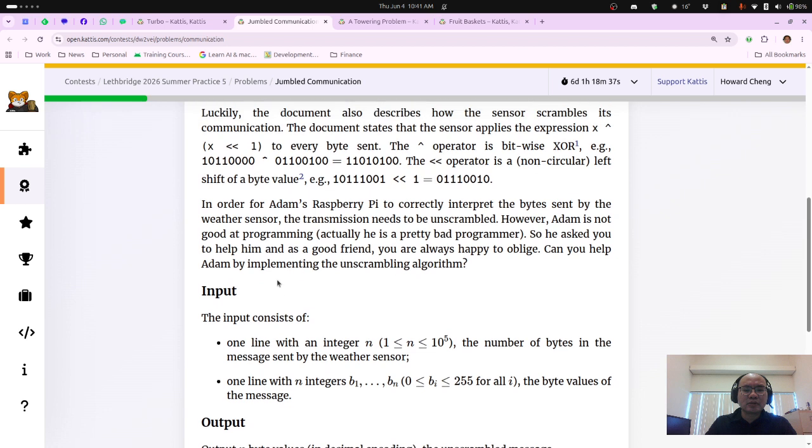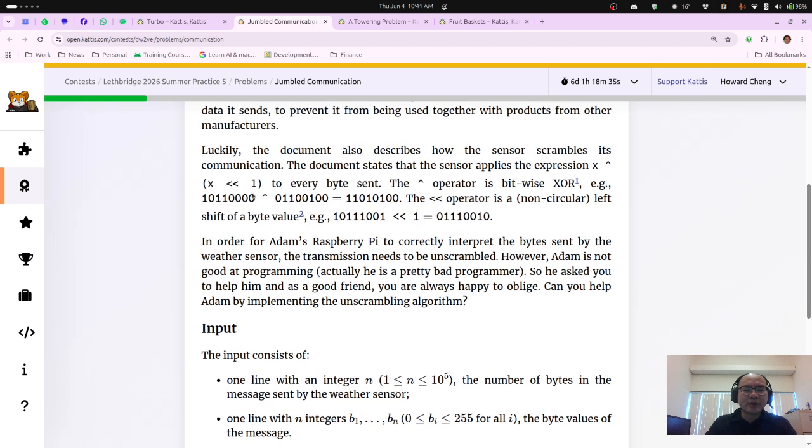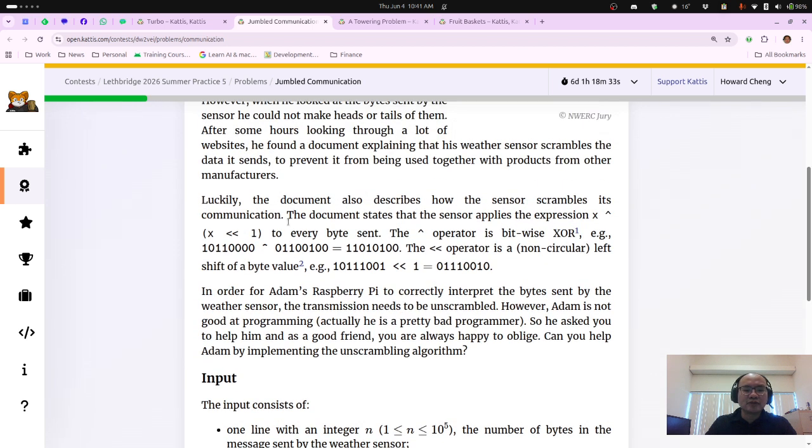And then you do a bitwise exclusive OR. So for example, they say that if you take this number as x, 1011000, and you do a left shift, wait, no, that is not the example. This is just showing you what an exclusive OR and what the left shift is. It doesn't actually show you what happens to this exact operation. Okay, so